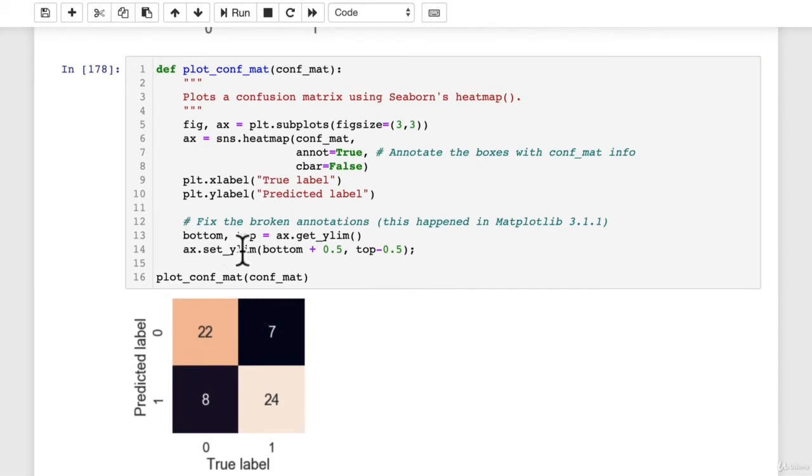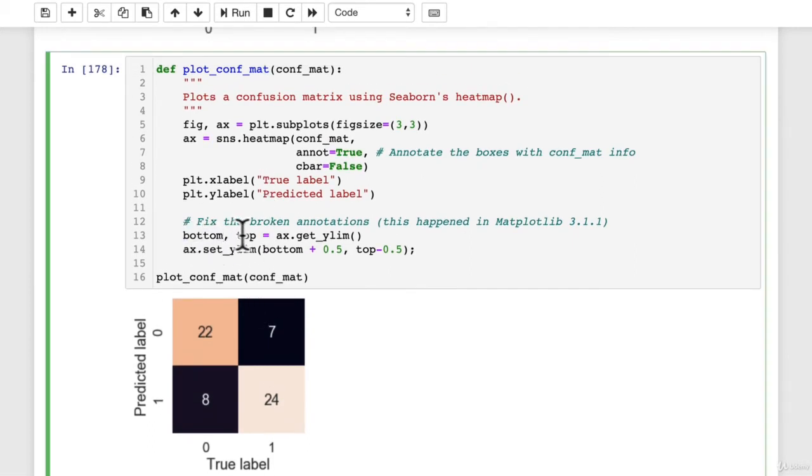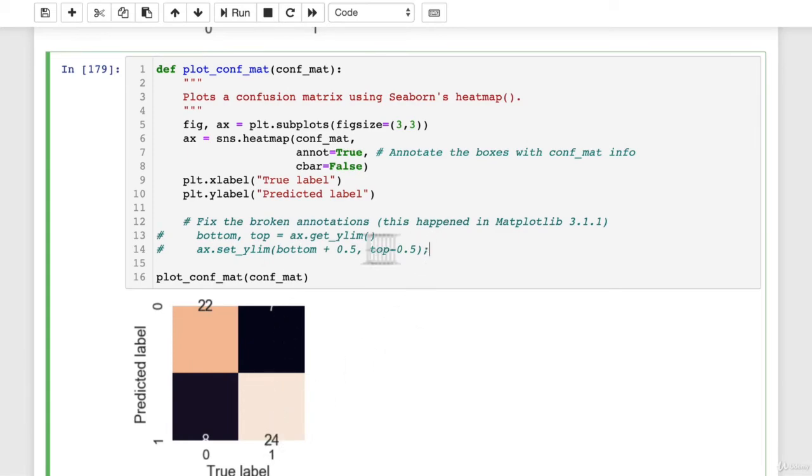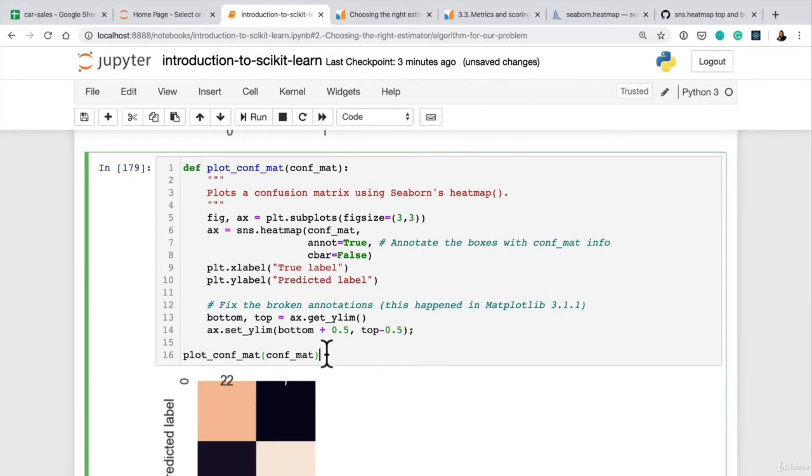Wonderful. So this is just saying, hey, set bottom and top to the current y limitations of our axes, and then reset them to be bottom plus 0.5, so it's going to move that number up. If we comment out this, it's going to move that number up, and then it's going to bring this number down, or these two numbers down. So that's all that's happening in these two lines. And that was a fix, again, I found through a little bit of searching up something like